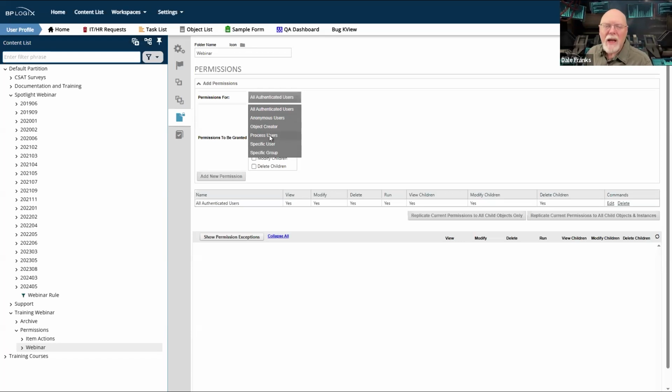That means any user who is a participant in the process can be assigned specific permissions. Now, for different processes, the people who are included in process users differ for a specific instance of a process. So I have instance A and instance B. The users of instance A might be different than the users of instance B.